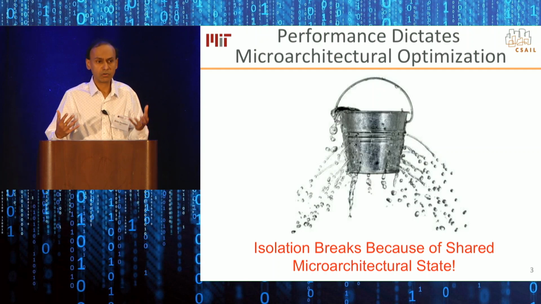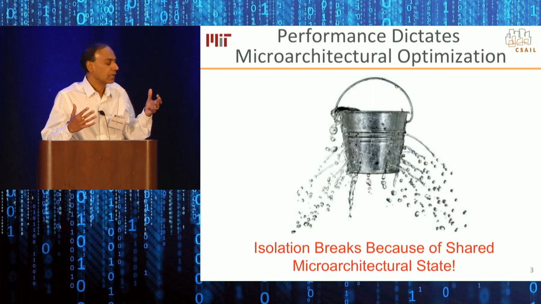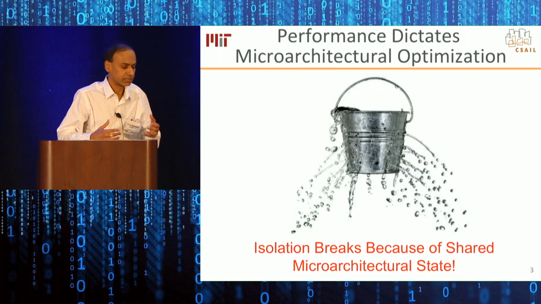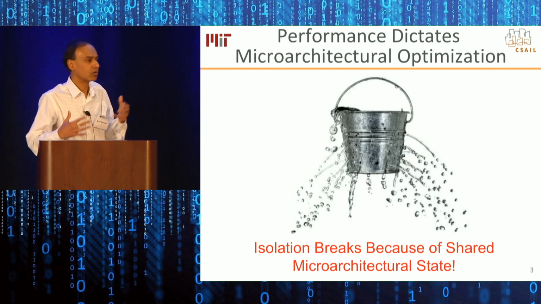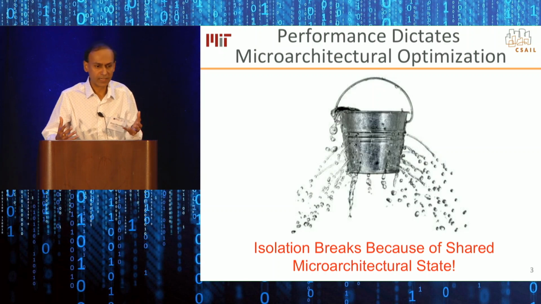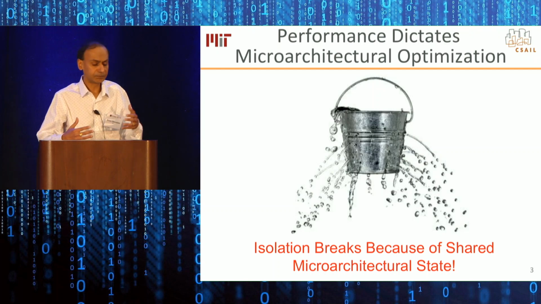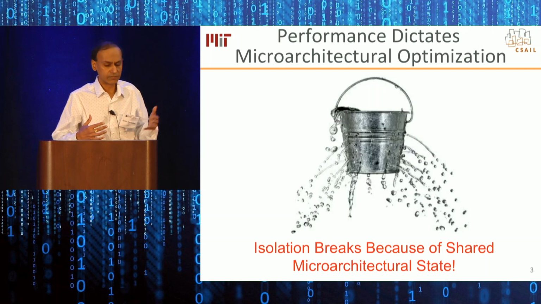These process abstractions are broken for a variety of reasons. They may be broken because of bugs or features, but they are also broken because of side channel attacks. And in particular, what's changed in computer architecture over the past couple of years is that people have realized that microarchitectural optimizations that are useful for performance and energy have these unintended side effects that are associated with leaking information across processes,